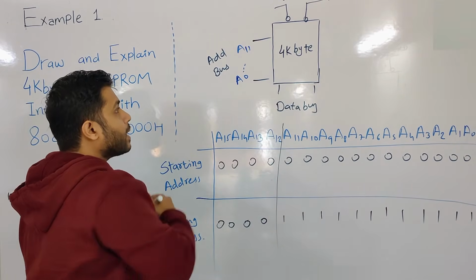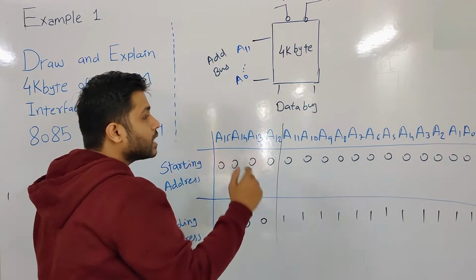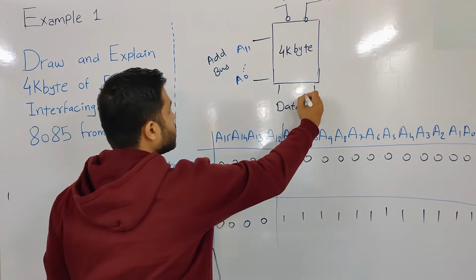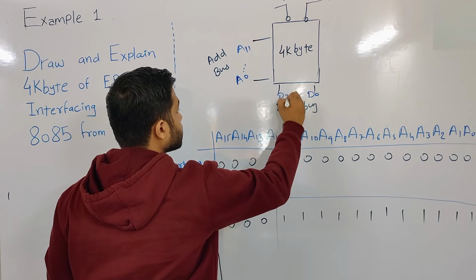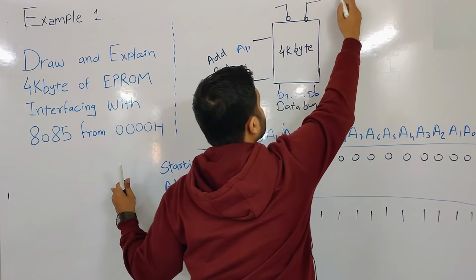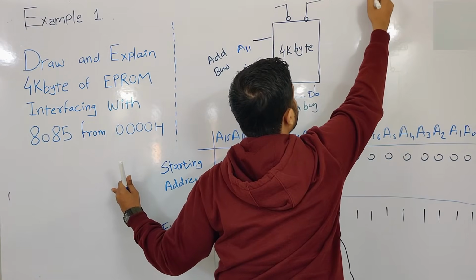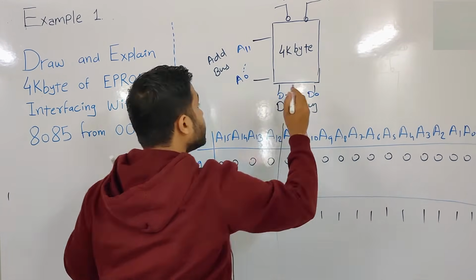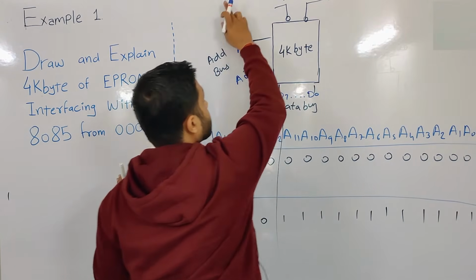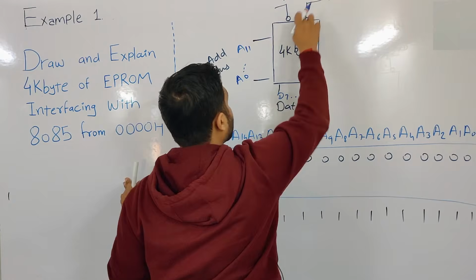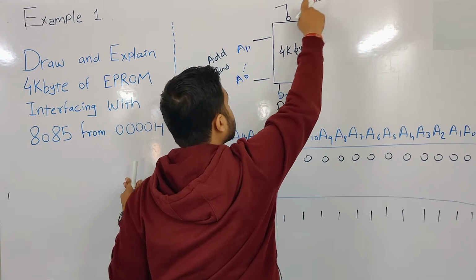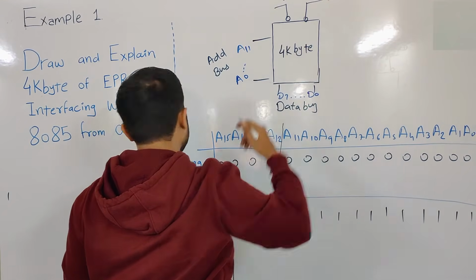Now this memory is 4K byte, which means there will be 4K locations and one location can store 1 byte. So what will be the length of the data bus? It will be D0 to D7. For the read bar, we send the control signal which is memory read. This memory read control signal originates from the microprocessor and is connected to the read bar of the memory. So when the memory read signal arrives here, the memory will be read.